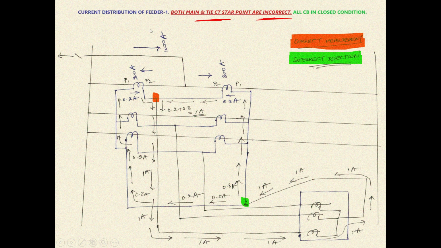So now in this case, suppose the same case, 1000 ampere of current is coming from the remote bus to our substation. Out of this 1000 ampere, suppose 200 ampere is going